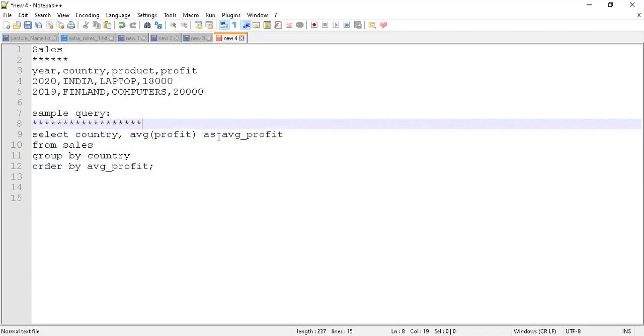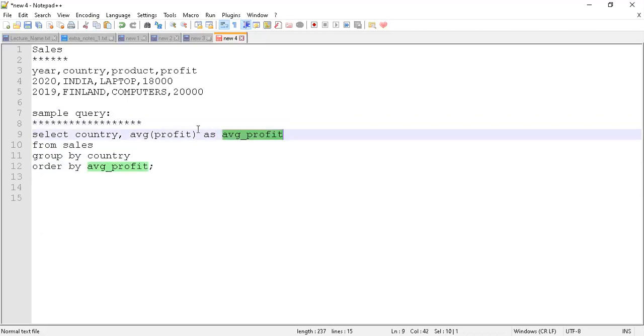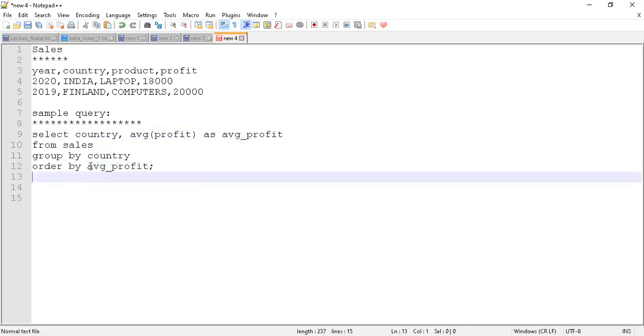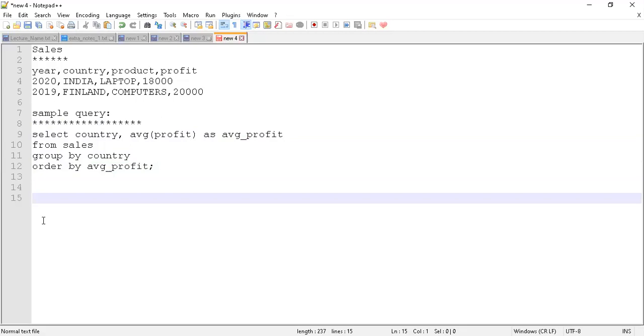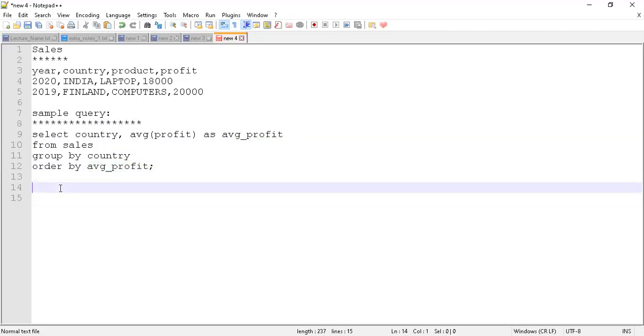Just a quick note, we have already said that this alias we have used along with average profit, which is AVG underscore profit, is a name to identify this function or its output as a column name in the output of this query. But in MySQL it can be used like this. Maybe in any other database we may not be able to use it like this. So be very careful about what kind of syntax each database is going to have. Just because it follows ANSI SQL does not necessarily mean it will have a similar structure.